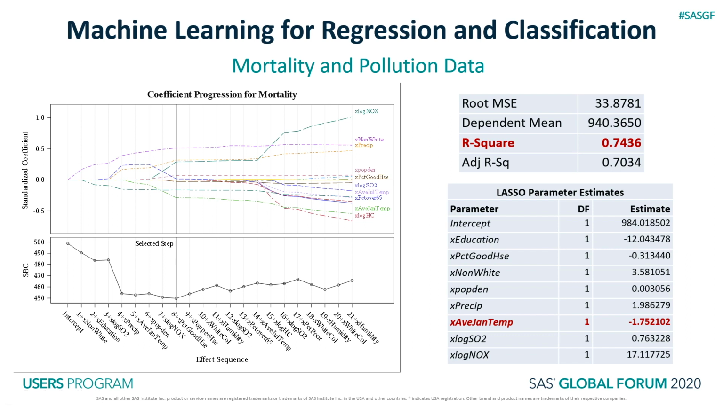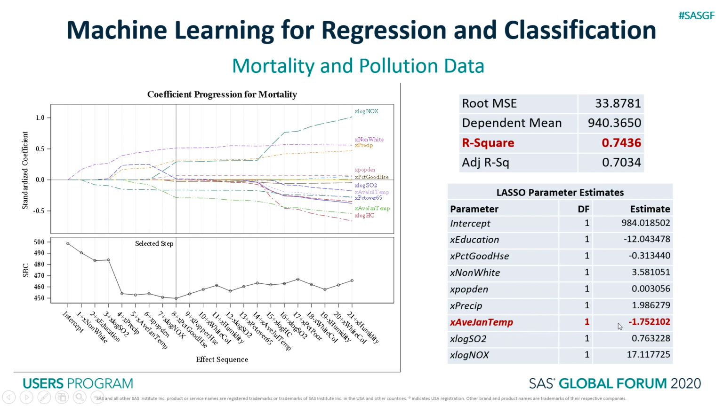The mortality rate is lower in places which have a higher average educational level and which have a higher percentage of good housing. And mortality rates are higher with higher population density and with higher precipitation, interestingly enough. The variables sulfur dioxide and nitrous oxide come in with positive coefficients, so higher values of these pollutants lead to higher values of mortality. Perhaps the one that I thought was most interesting was that the average temperature in January